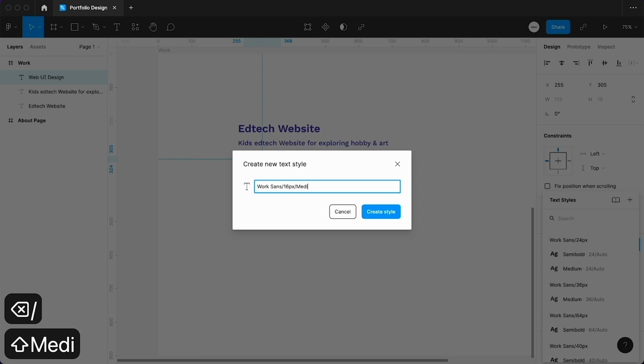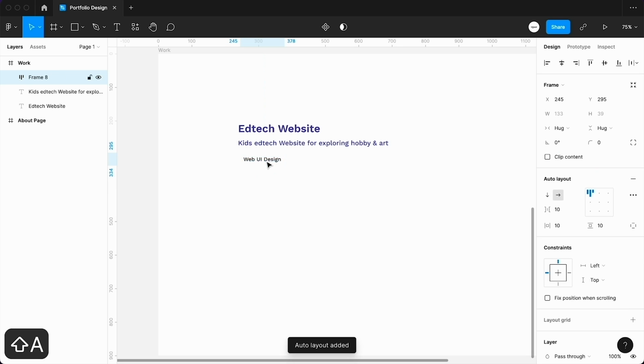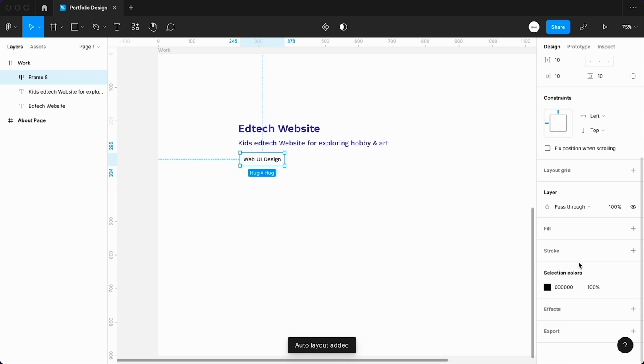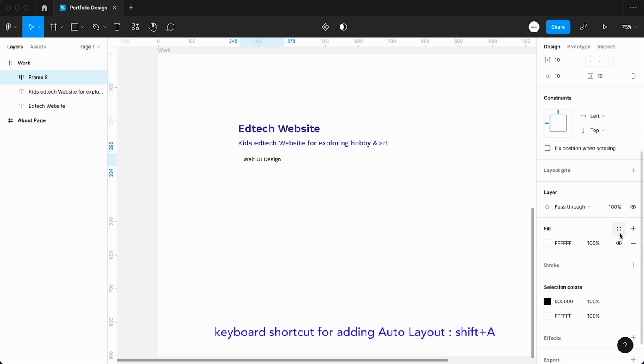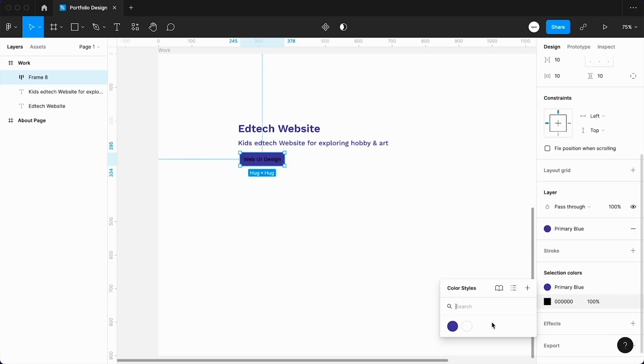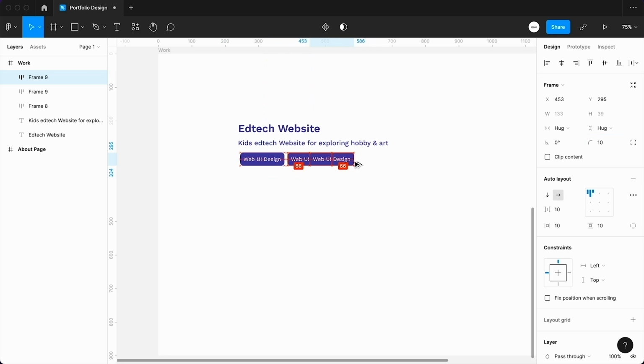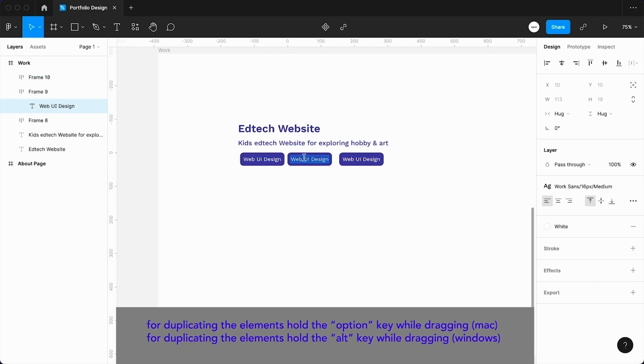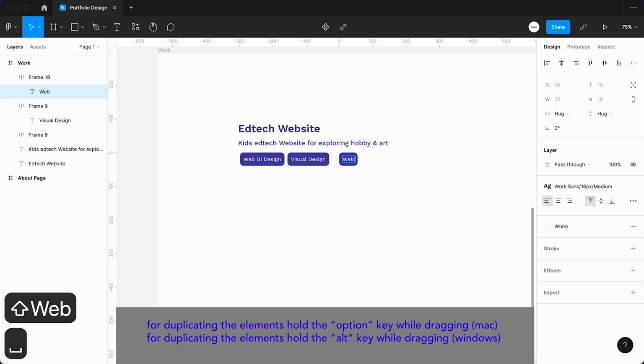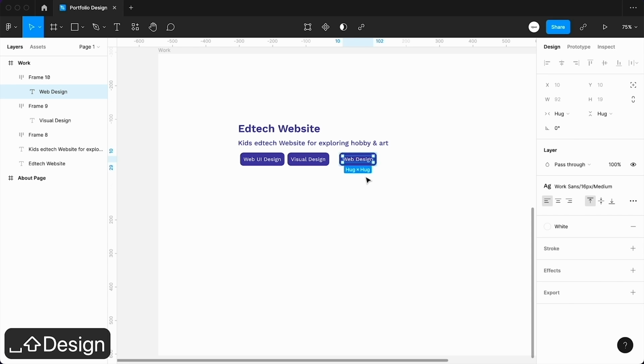While selecting the text, add auto layout to it. For that we will press Shift plus A and fill a background color of blue and change its text color to white and give it a corner radius of 10, and take two more copies and write here visual design, and let's say this is web design. Take one more copy